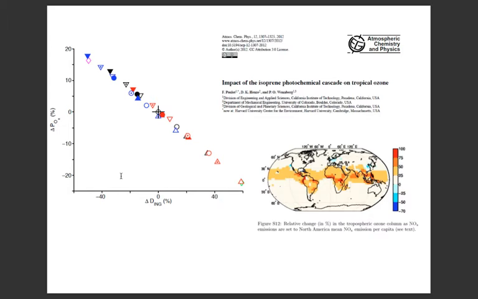And in the tropics, you can see it almost doubles. And the reason is there's a lot of isoprene in the tropics. And there's actually a lot of people there too. They just don't emit much NOx right now. But they will. They probably will. And when they do, it's going to cause, or maybe it's already causing, a substantial increase in ozone levels there. And so the question we had as chemists was